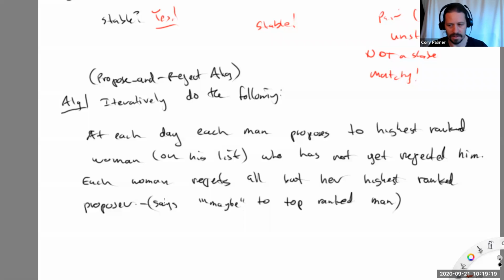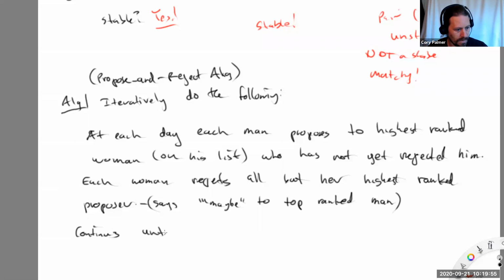There's one thing, and it's reject. But if I get 1 proposal, I don't reject him. If I get no proposals, I don't do anything. And if I get 10 proposals, I reject 9 people and say maybe to the one highest ranked person. That's the end of day 1. And this just repeats on the next day. So now some men have been rejected, and the next day starts, and each man now looks at their new list. Some people have been crossed off, and he reproposes. And you continue this until it stops, if it stops. We'll think about that in a moment here. Okay, so it continues